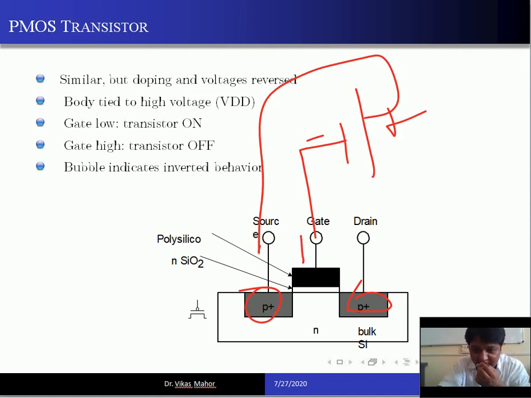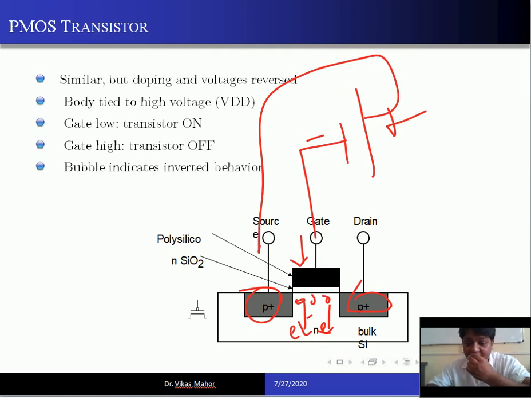There is a negative electric field here. The negative electric field will oppose the electrons, because electrons are the majority charge carriers. They will oppose, and what remains behind? The minority charge carriers. What are the minority charge carriers in n-type? It is holes. The holes remain here, and these holes will contribute to conduction of current between source and drain. This is how the operation of PMOS takes place. It's very easy. Fine. So how to use them in logic circuits?